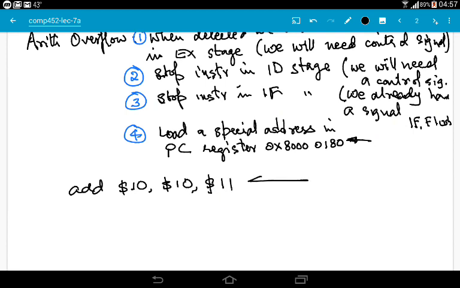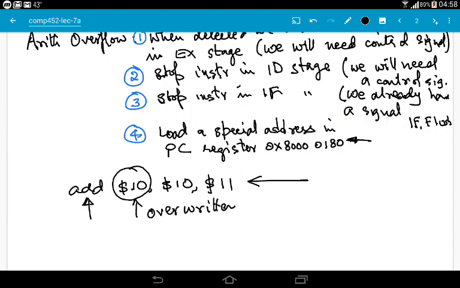This is the instruction. Now, you know that the overflow was detected in EX stage. If we do not stop this instruction in EX stage, what's going to happen is that the contents of the register 10 are going to be overwritten